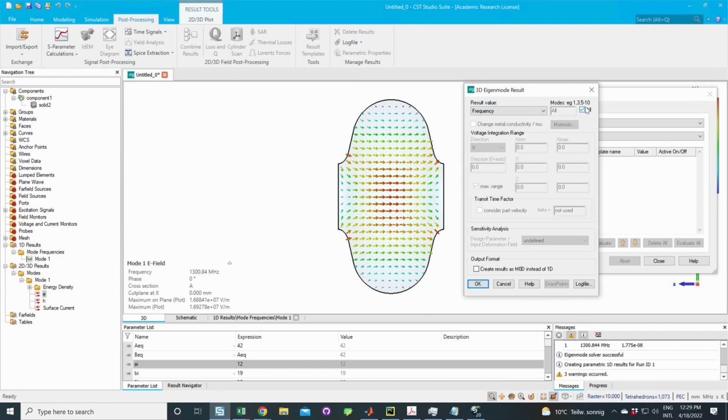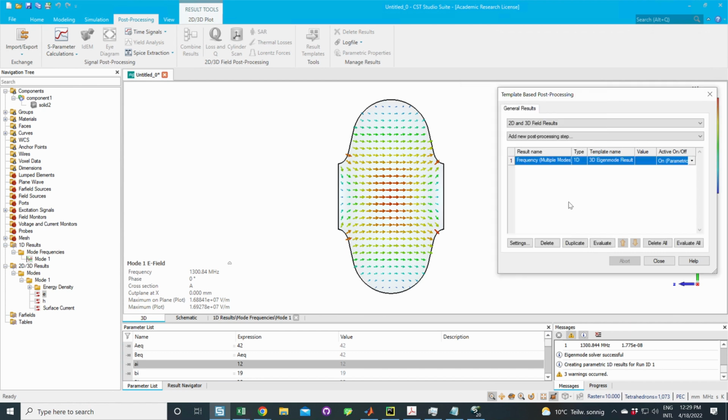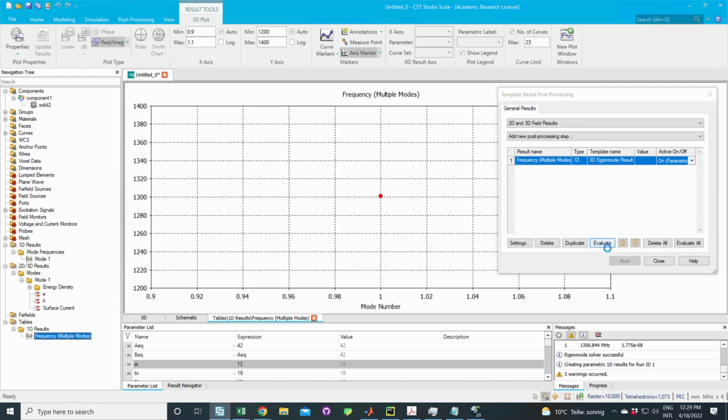So I could just click all or just mode 1, but since we have just one mode, I could just calculate the frequency. What this does is you evaluate it, and then it calculates the frequency and creates a result in your 1D results. Now you could duplicate this,